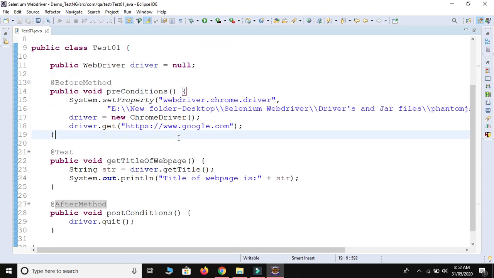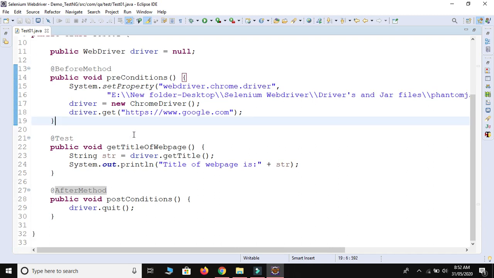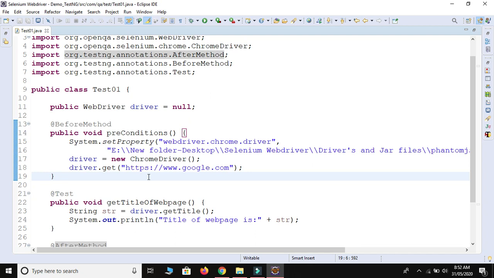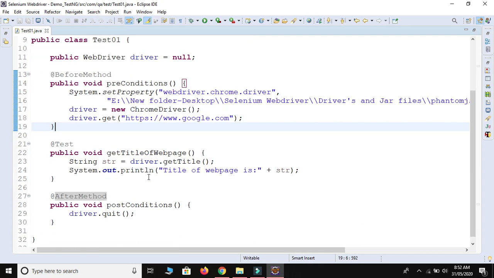Before using TestNG we need to configure TestNG, because in some Eclipse versions TestNG is not present. We need to download TestNG. I have already created one video on how to configure and download TestNG in your Eclipse, so please watch my previous video. So this is the first test script, the first test case in TestNG. I will create a few more interesting videos with TestNG and Selenium.